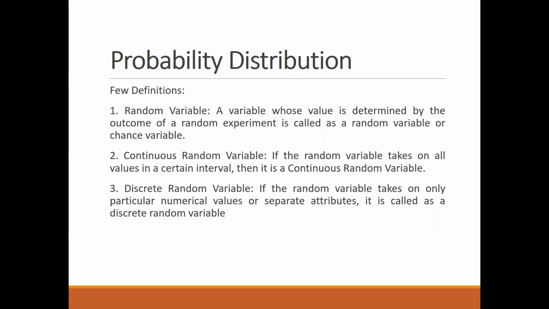Clear? Usually, whatever solutions we have found out till now, whether it was a tossing of a coin or some other experiment, I told you the total probability of that particular event, whether that event is going to occur or it's not going to occur. If I say the head is going to occur, if it is not going to occur, that means it is 1 minus 1 by 2, because the total is always 1. So even that can be considered as a discrete random variable. Clear?